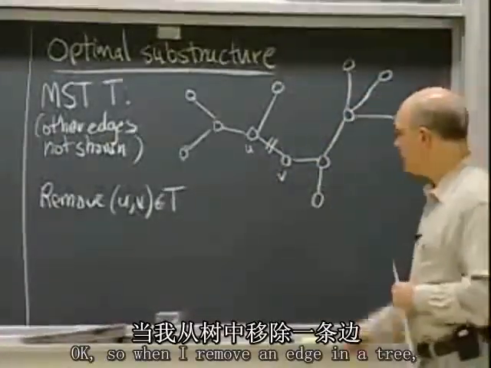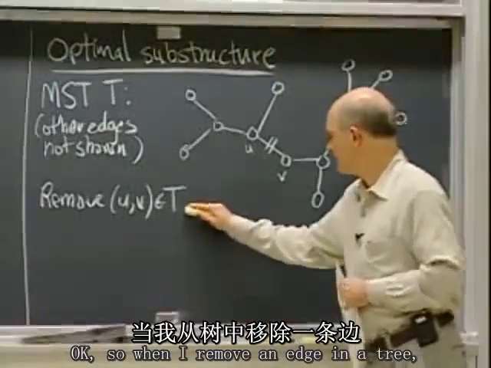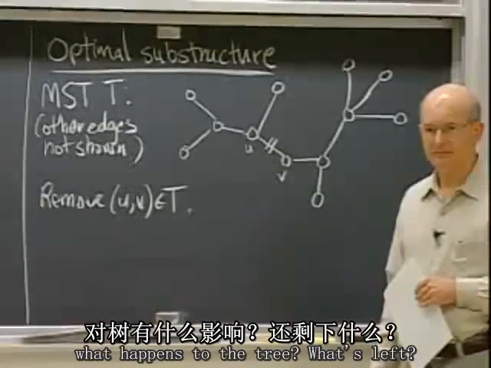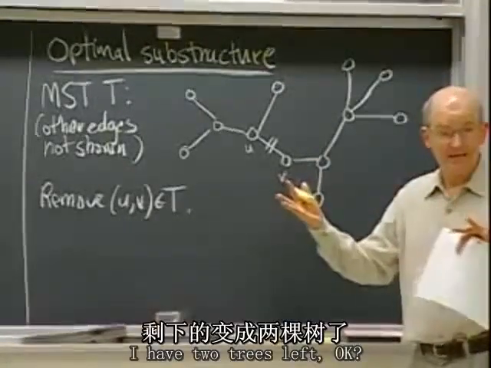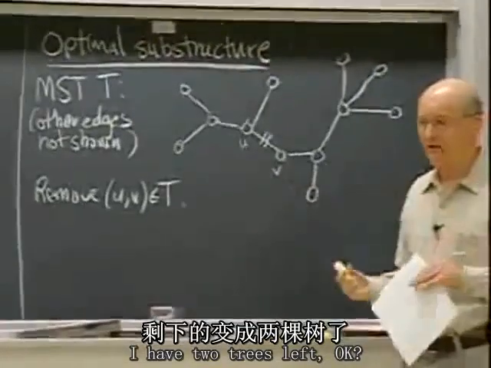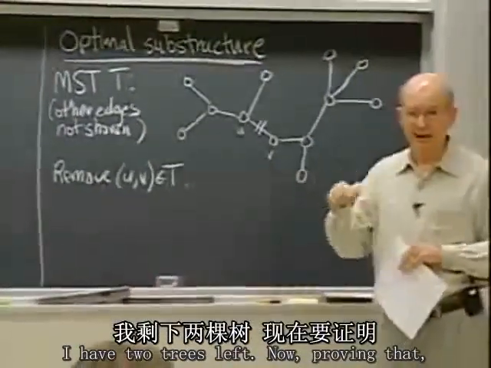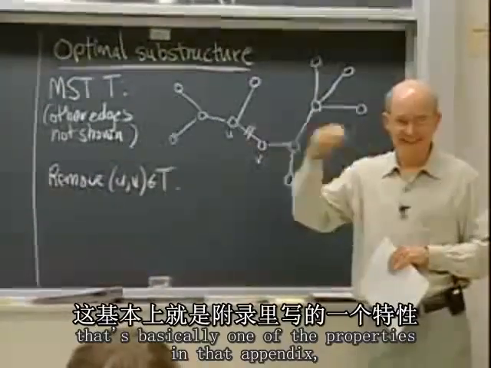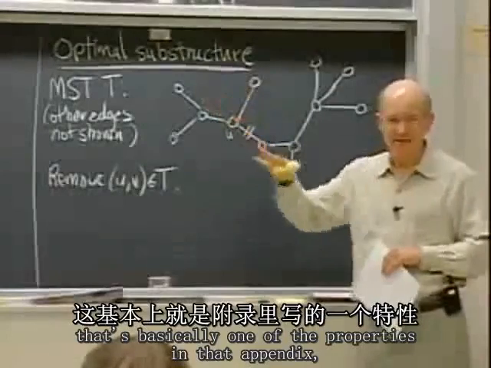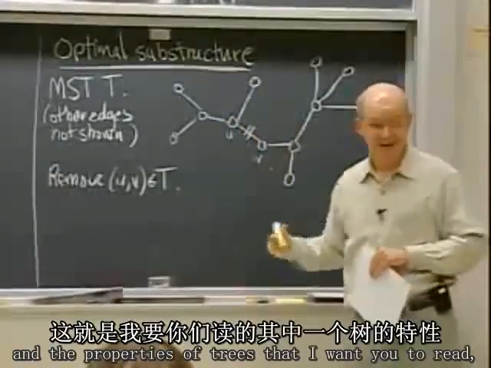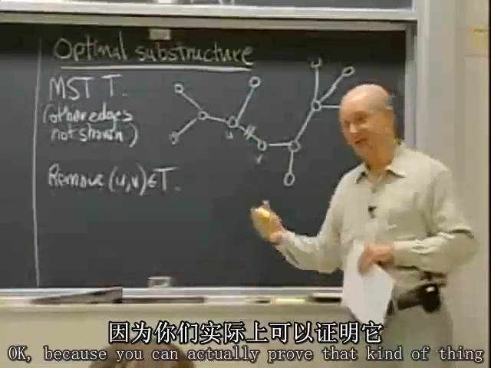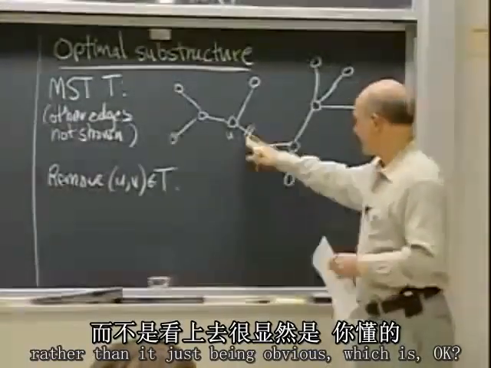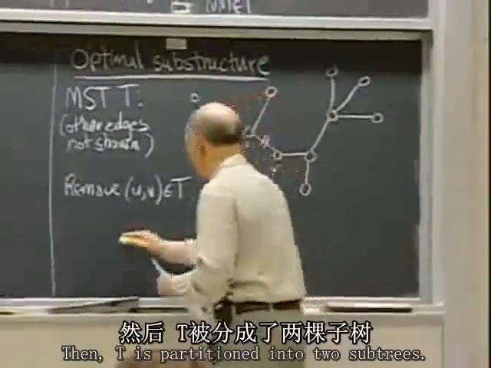Okay? So when I remove an edge in a tree, what happens to the tree? What's left? I have two trees left. Now, proving that is basically one of the properties in that appendix, the properties of trees that I want you to read. Because you can actually prove that kind of thing rather than it just being obvious, which it is. Okay, so we remove that, then